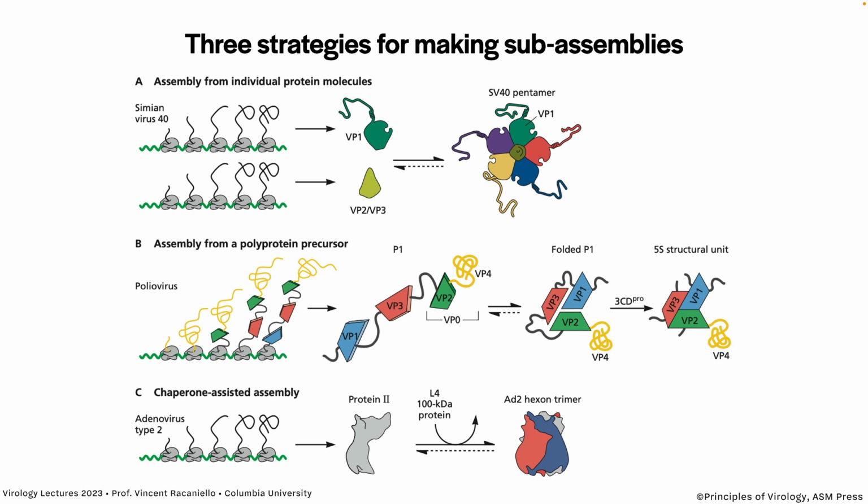All that information for them to fold properly and assemble into a pentamer is built into the amino acid sequence. So, individual protein molecule. Another strategy, which we see in many virus-infected cells, is to make what we call a polyprotein precursor. That may not be a word that you're used to using, but virologists use it all the time because many viruses make polyproteins, which simply means you have several individual proteins in a precursor